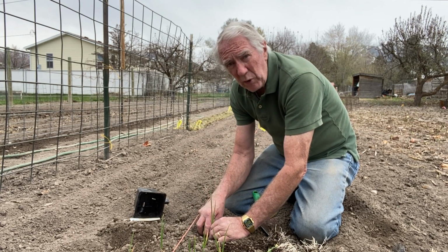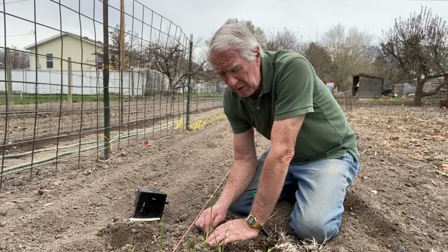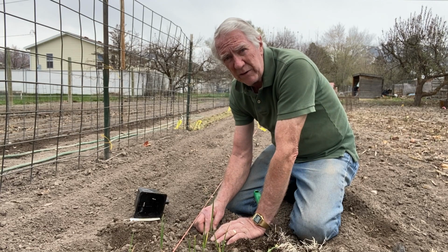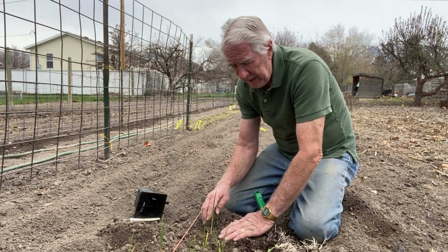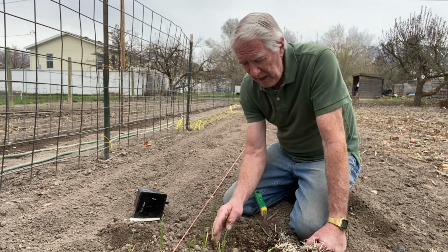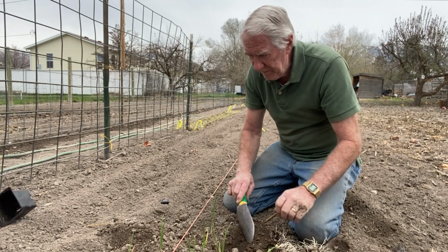And the thing that's important right at this stage is you don't want that onion to be too deep. As they grow, the top part of the bulb is actually out of the ground, so you don't want to plant them too deep. And then in between those 2, I'll come out another 2 or 3 inches and dig another hole